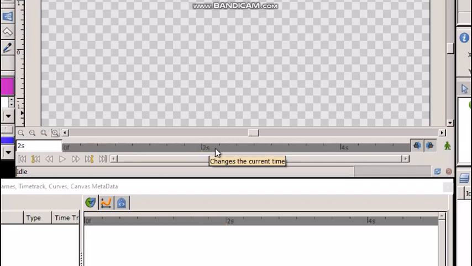Similarly, 2 seconds and 6 frames, 2 seconds and 12 frames, 2 seconds 18 frames, 2 seconds 24 frames means 3 seconds. 3 seconds and 6 frames, 3 seconds 12 frames, 3 seconds 18 frames and 3 seconds 24 frames means 4 seconds.